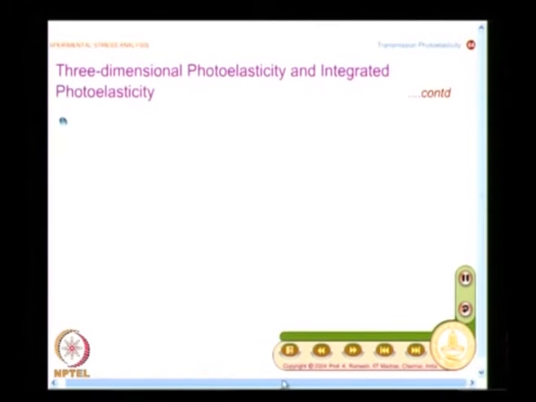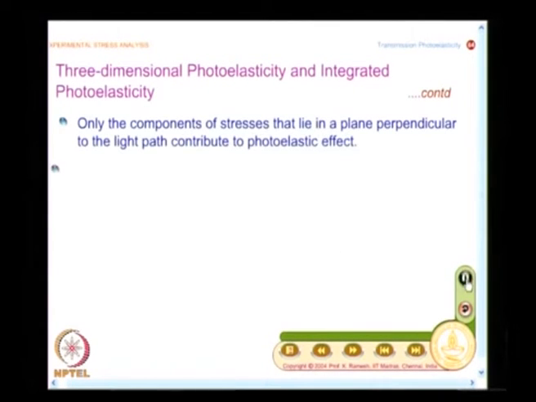How do we do that? We will look at it. We will also look at another aspect where we record the fringe pattern as such and go for an integrated photoelasticity, where you develop appropriate mathematics, which is quite complex. We will see those details, but before we get into it, we need to know another important aspect. Only the components of stresses that lie in a plane perpendicular to the light path contribute to the photoelastic effect. This is very important,